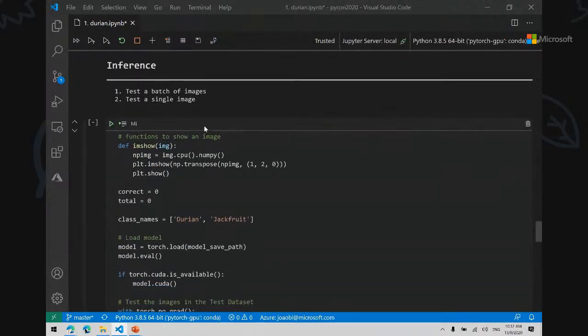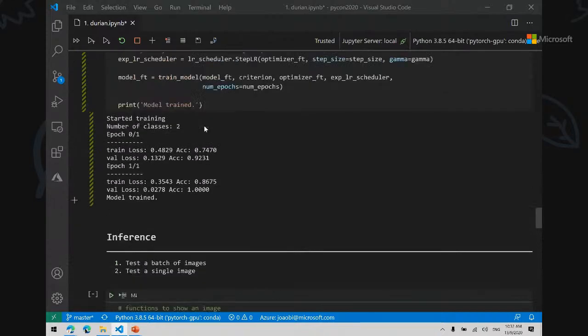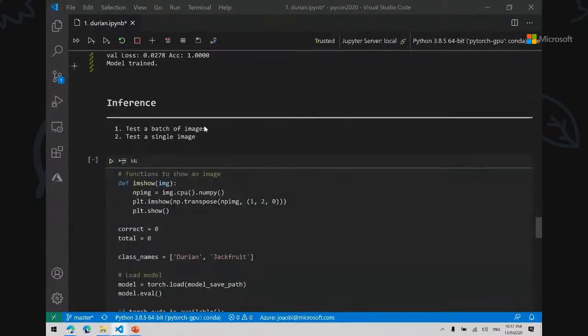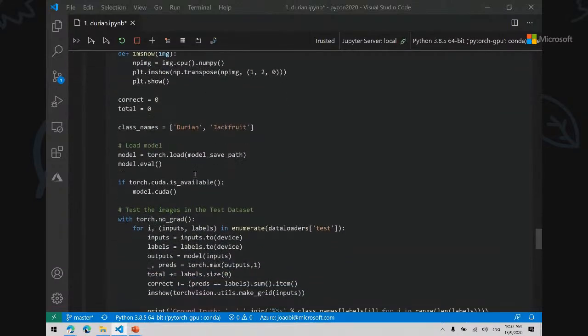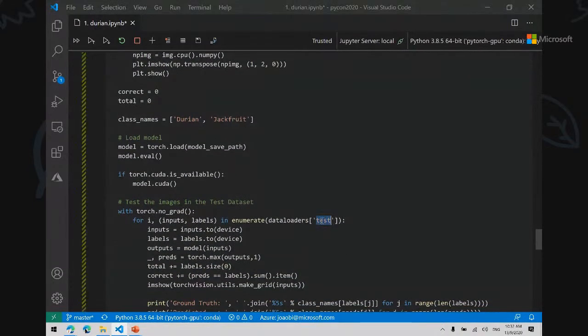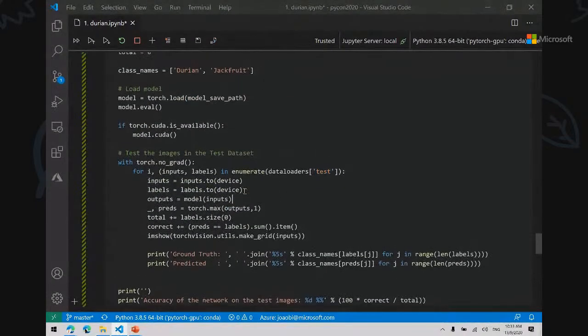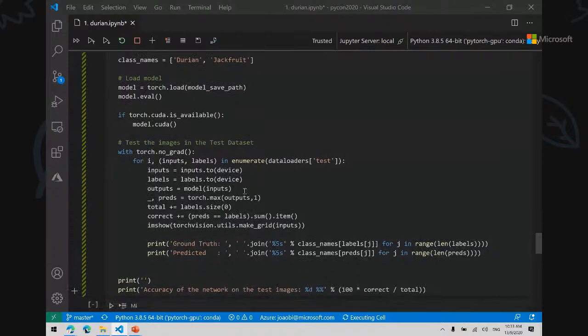Now, we're going to do inference. So we want to take that model that we saved. The last step was to save the model, and we're going to test the model. First, we're going to test against a set of the data, basically the data set that we have in the test folder that we hadn't seen before. So just do a quick run on that.